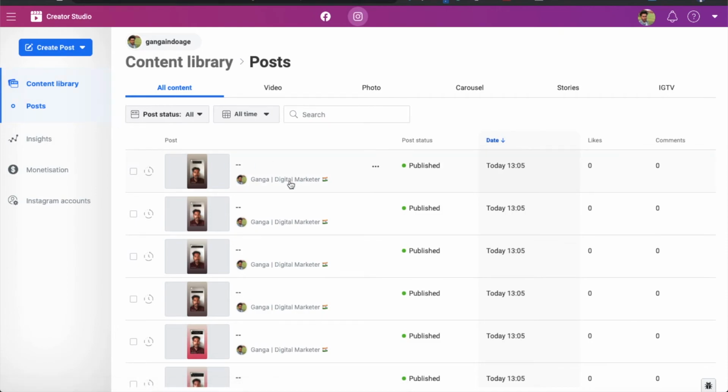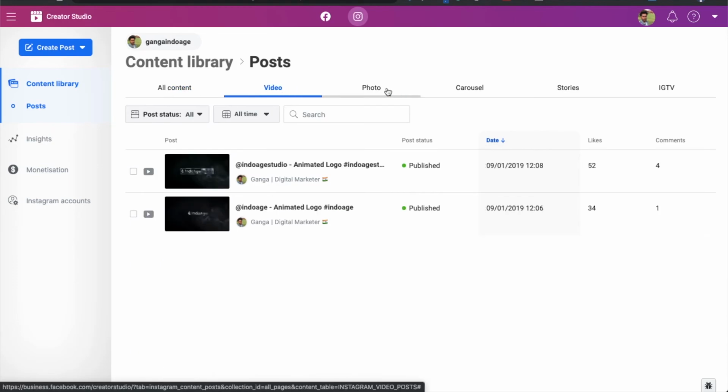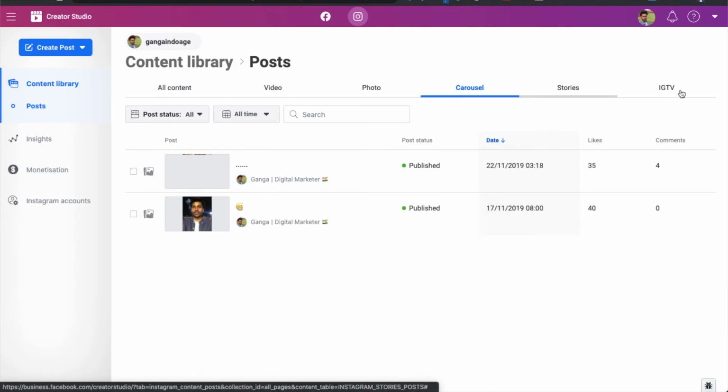Once again let me repeat it. Here you can see all the content which is posted on your Instagram account, and you can even filter it, like videos, posts, carousel, story, IGTV.